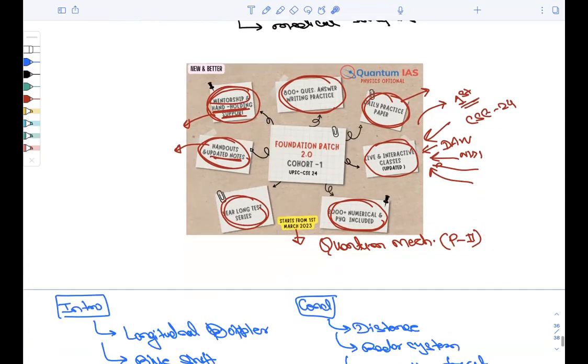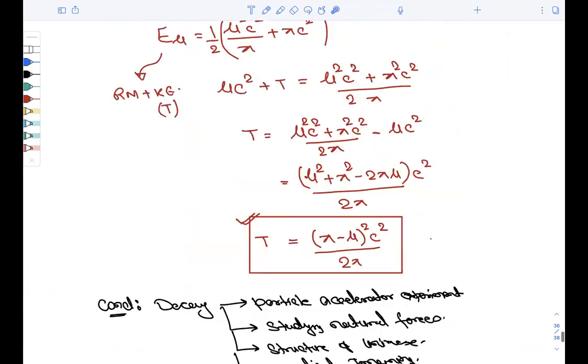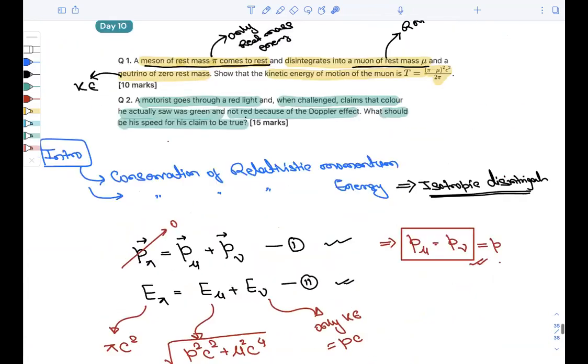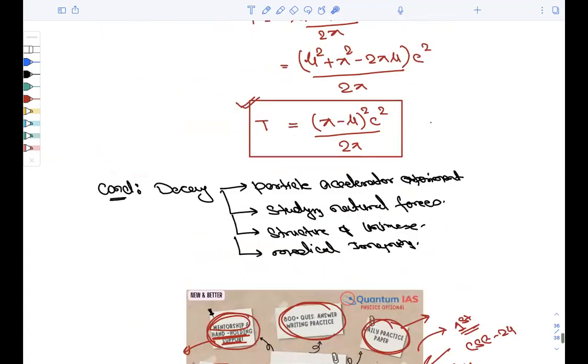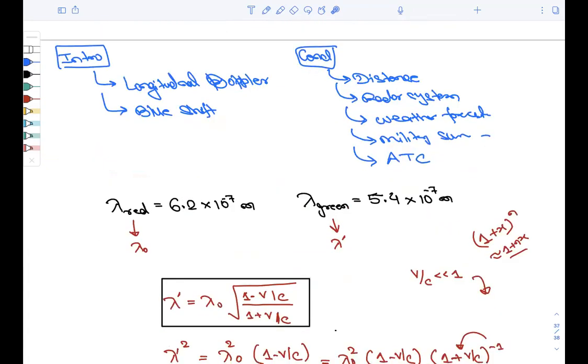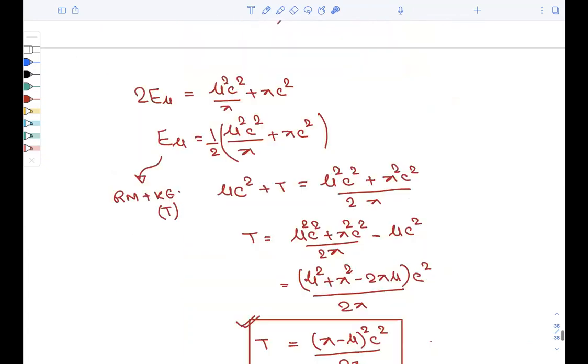Okay. Coming to the next question. Next question was based on the Doppler effect in light. So Doppler effect in light, again, it will be changing the frequency due to the relativistic motion, relative motion between the source and the observer, that you can write. So instead of red, we are seeing the green. This is what they have written,